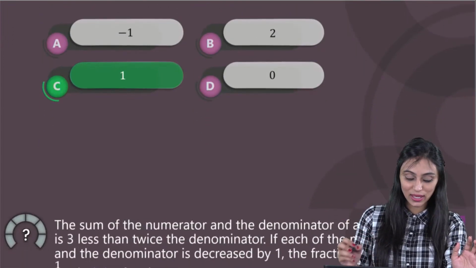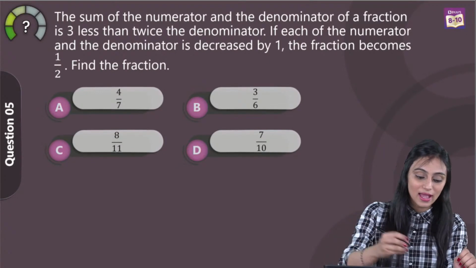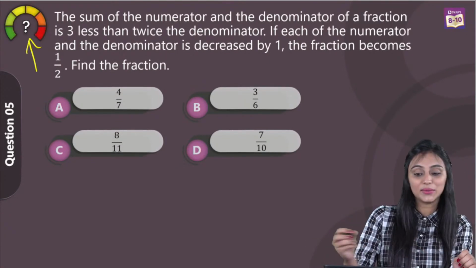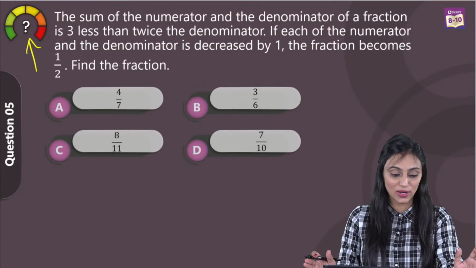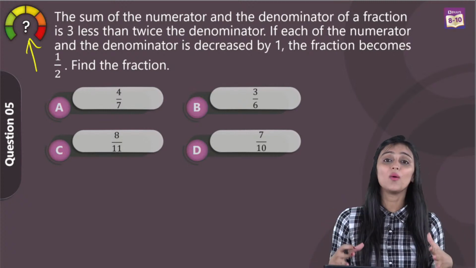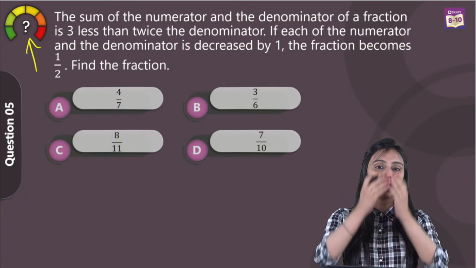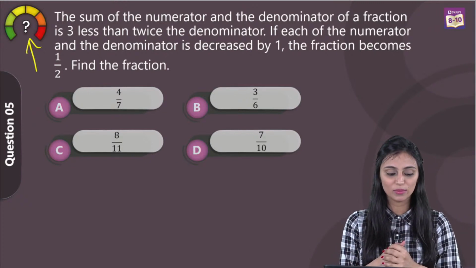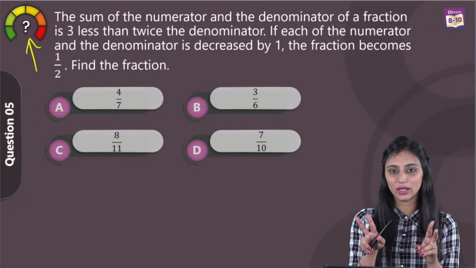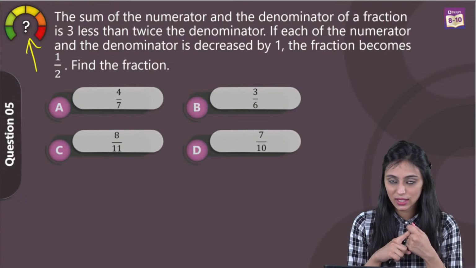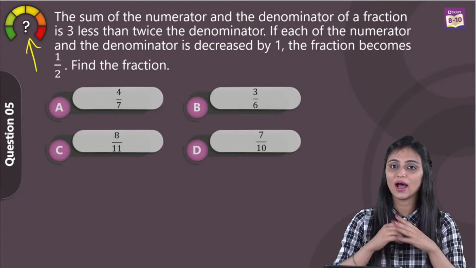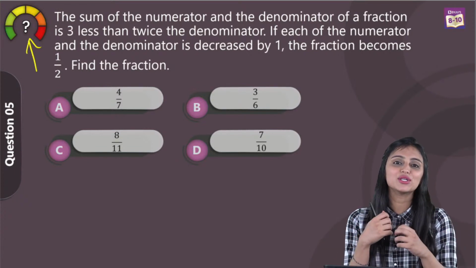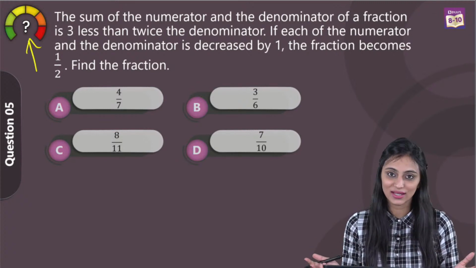Now let's take a look at question number 5. So this is a hard one. This is a difficult level question, we can see. Now, in word problems, generally only two things are there. I have seen that students generally get confused in word problems. So you see, there are only two things. First, you have to form the equations. If you have formed the equations correctly, half of the question is done. After that, you just have to simplify them to get the values, right?